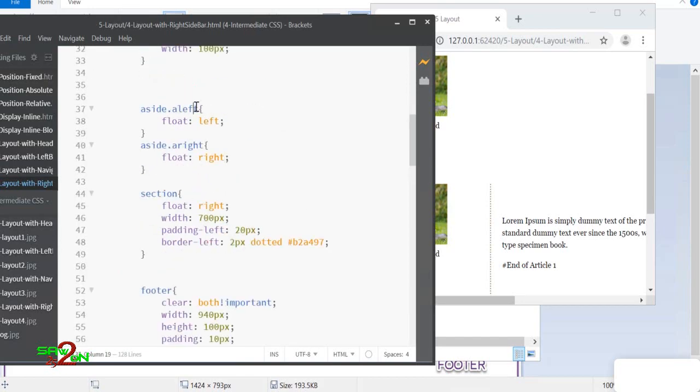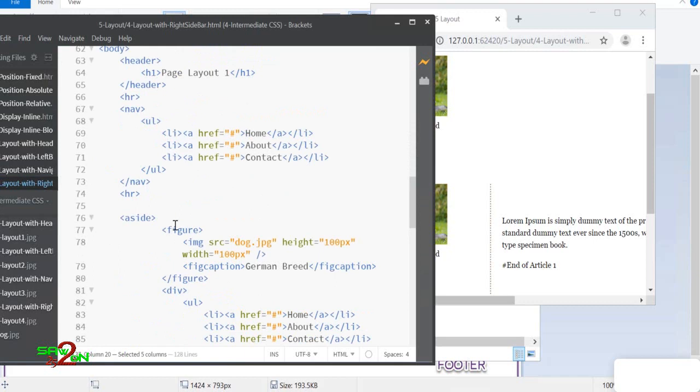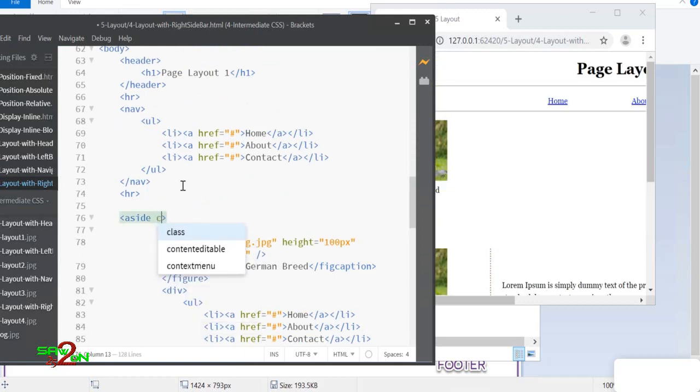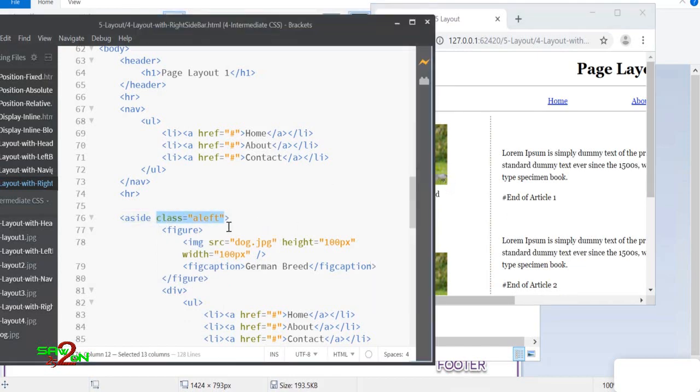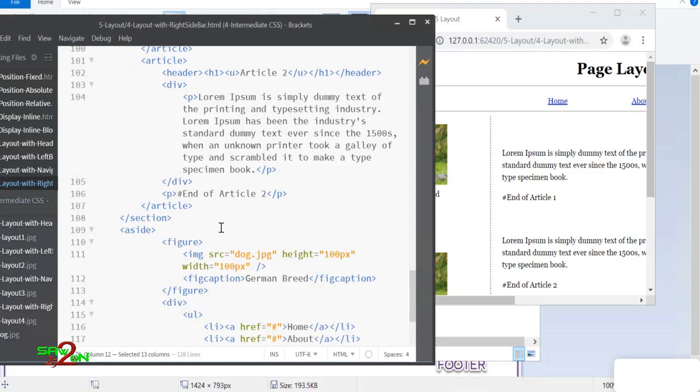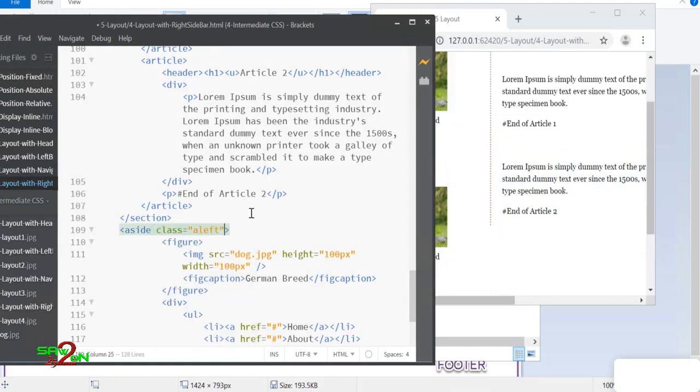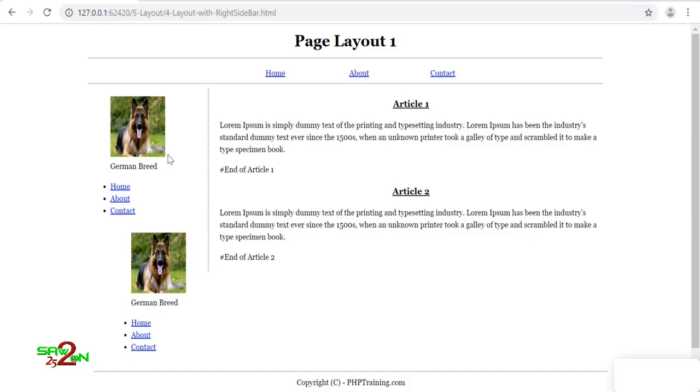All we have to do is take this class and add it to the aside. It floats left. Then you take this, go to your other right sidebar, and just say right. You still see that it is floating onto the bottom. It's still on the right side, but it's floating down.